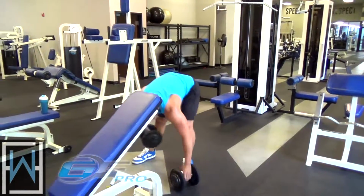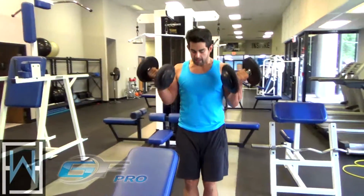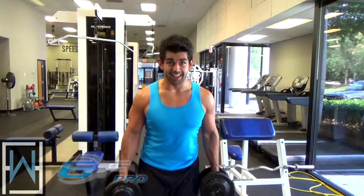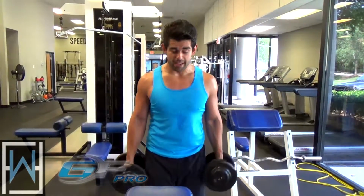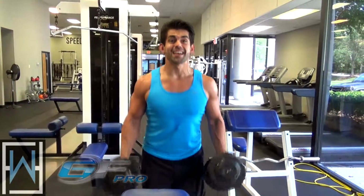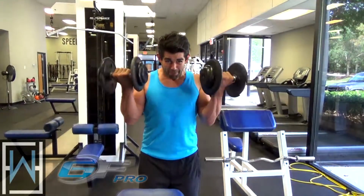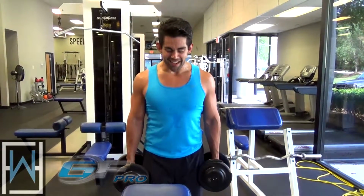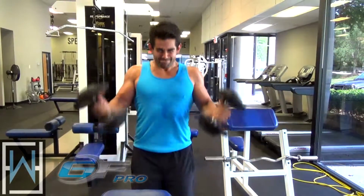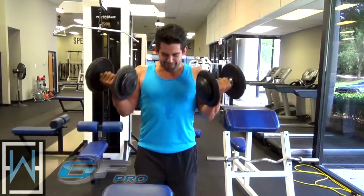We'll go right into it, superset, dumbbell curls. When it comes to a lot of upper body stuff, as long as you have decent conditioning, you should be able to kind of superset a lot of this stuff together, especially it's summertime. It's not the winter. Generally in the winter, I might not be doing as many supersets, but while in the summer, I'm trying to combine a lot of different exercises together, and it gets my cardio up at the same time as I'm exercising. So see, I'm swinging a little bit, trying to squeeze these reps out,